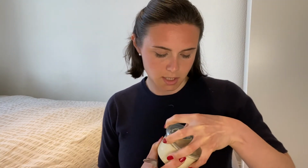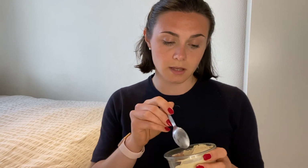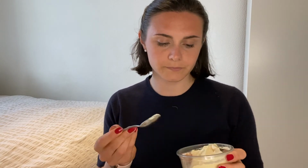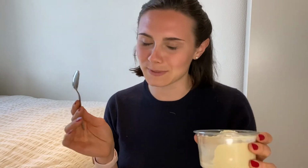Okay, next up we have Marks and Spencer. And I can already tell you that I'm quite biased because I really like the Marks and Spencer's hummus. So this is, sorry, it was in my bag, so it got tilted. This is what it looks like. It looks a little bit rough because it was in my bag, but